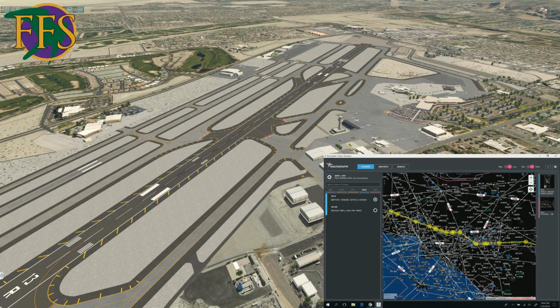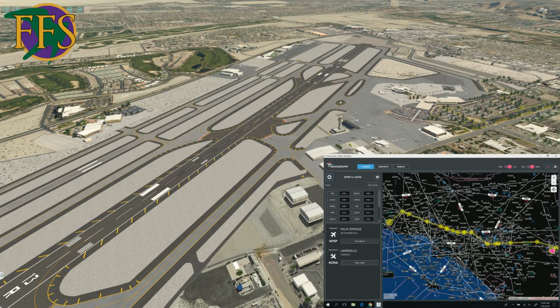Greg's Palm Springs International, and we're going to be seeing another one of his airports here in just a minute, or just a few minutes, I should say, as we head to Camarillo. We're doing a little tour of the